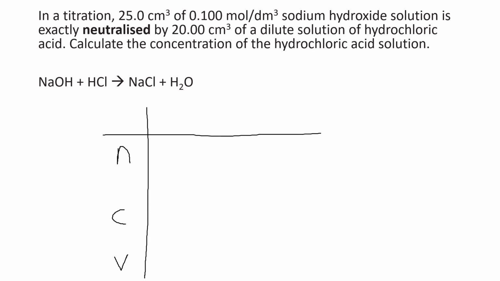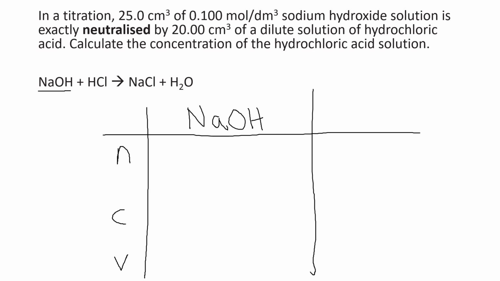The second column and the third column, I'm going to put the two chemicals that are reacting together. So that's your NaOH and your HCl. For the purposes of this, the rest of the equation is irrelevant, but we need it in order to balance the equation. It's worth noting that 1 mole of sodium hydroxide is reacting with 1 mole of HCl. It's a 1-to-1 ratio. And then what I like to do is read through the question slowly and fill as